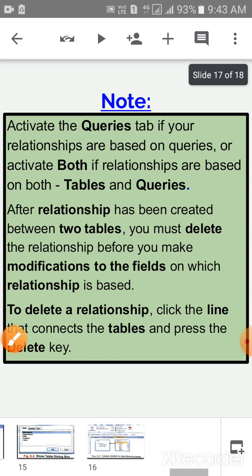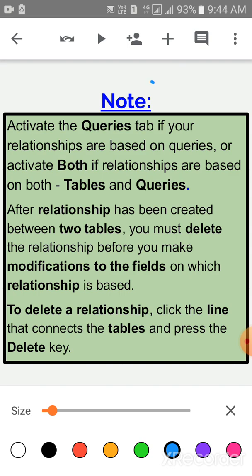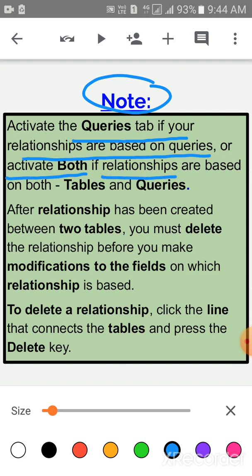Now children, come to the note. Children, these steps on how to make the queries are also available in your computer book in chapter number 6. Now children, come to the note. Children, activate the queries tab if your relationships are based on queries, or activate both if relationships are based on both tables and queries.